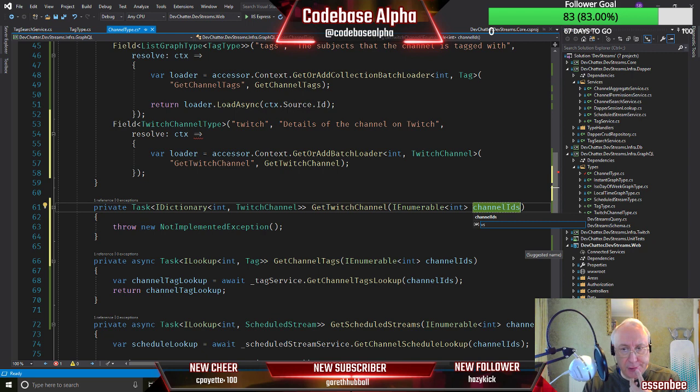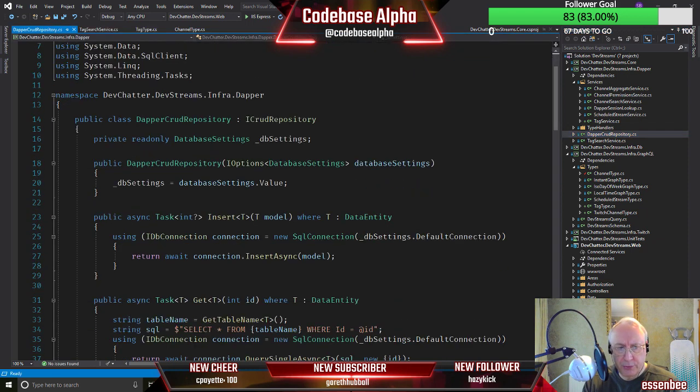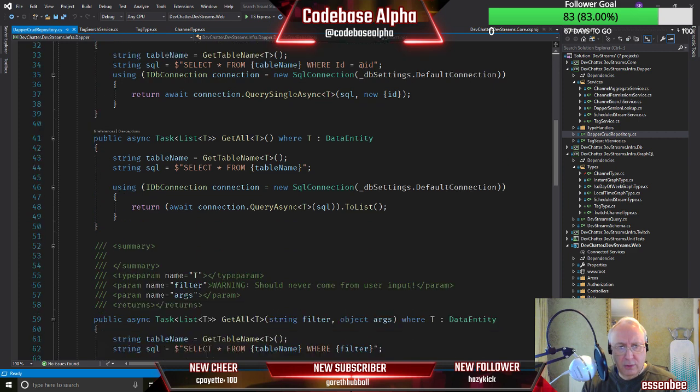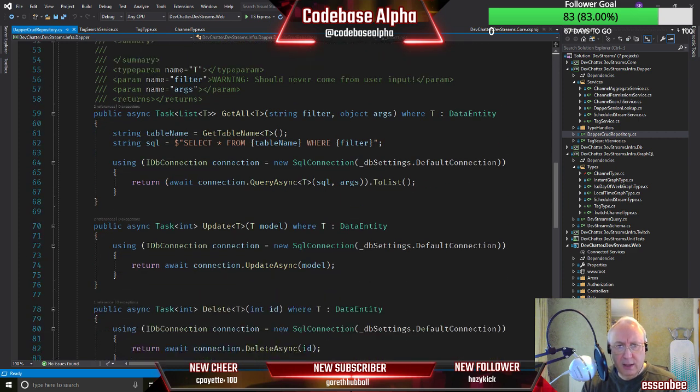So let's go and have a look. We haven't got anything to deal with Twitch. I haven't got a service to deal with Twitch channel yet. So we could just get, what have we got on our repo? Let's have a look at our Dapper repo and see what that's got on it. Dapper CRUD repository. So it's got get all, and get all with filter.